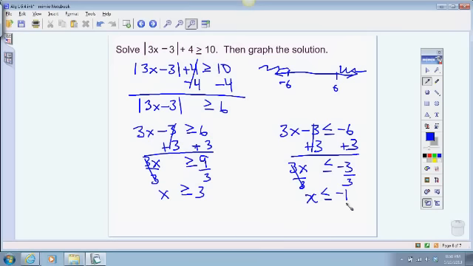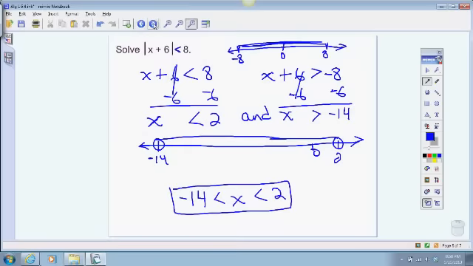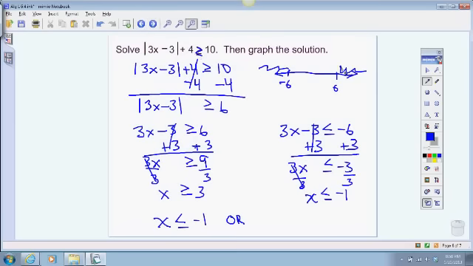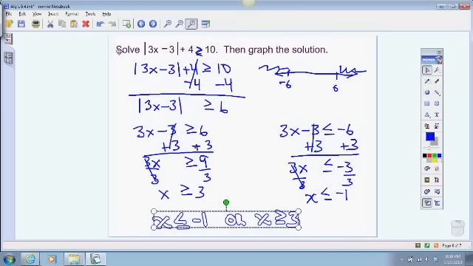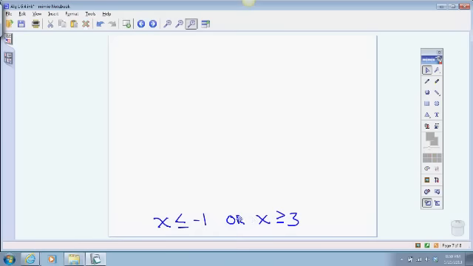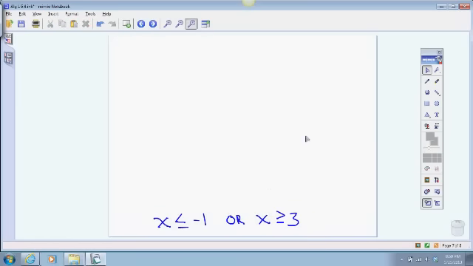Okay? So technically we always should write the smaller one first. So we would say x is less than or equal to negative 1, or, remember this is a greater than or equal to sign to start. If it's greater than or equal to, we're talking about an or statement. We're talking about it being on the outside on our number line. So x is less than or equal to negative 1, or x is greater than or equal to 3. Okay? Now it did say to graph the solution. So if we want to graph the solution, x is less than or equal to negative 1, or x is greater than or equal to 3,